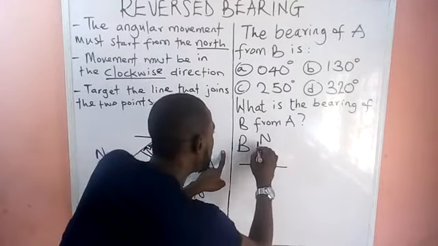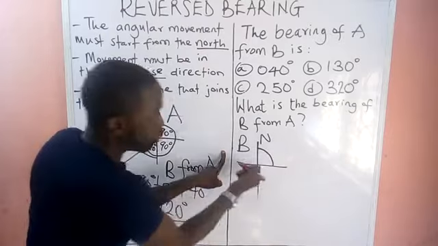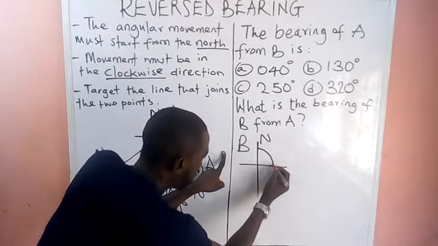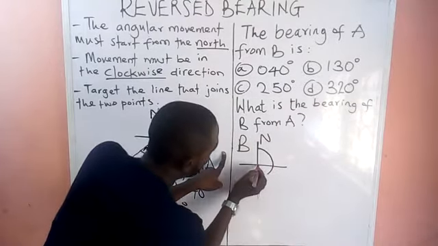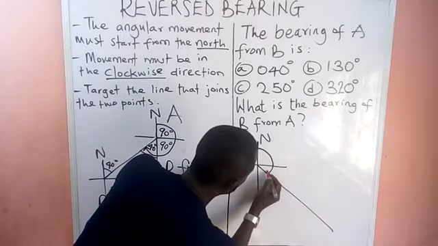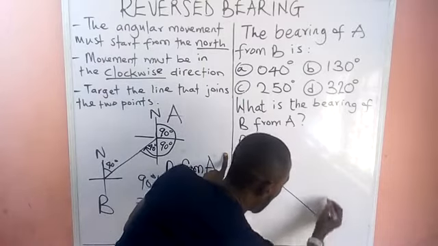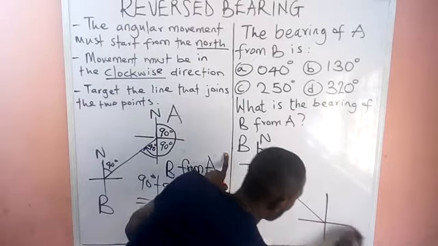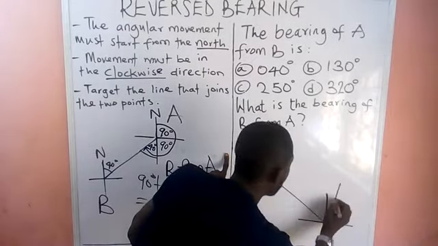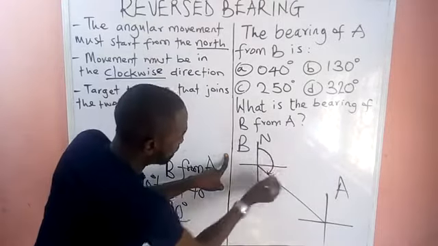So we move clockwise. Look at this. This one is 90. We can't stop here because everything is 130. So 130 can be found here. So I will now draw. Are you with me? So this is the line that joins them together. I've stopped there because this is the line that joins them together. So these are our point A.